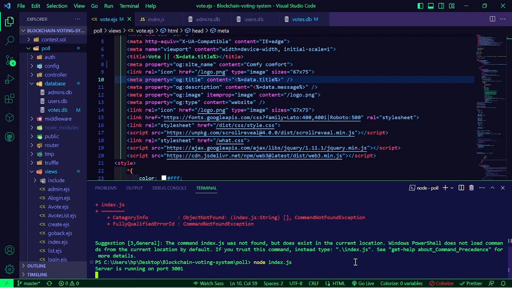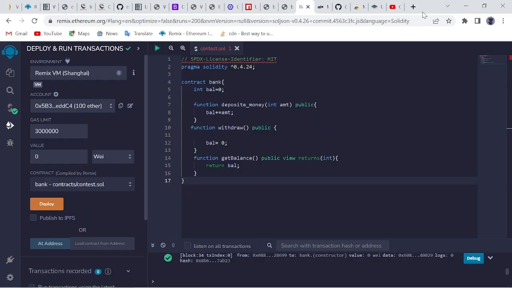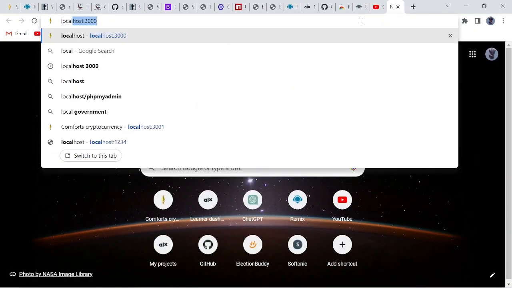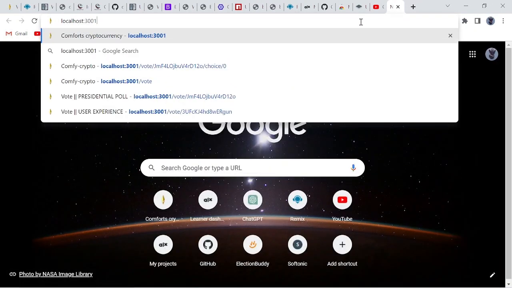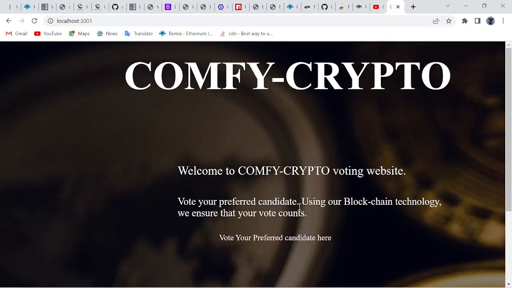Okay, we're good to go. I forgot to add my node when I ran it before. So now our server is running on port 3001. So we'll go ahead and open up our web browser, our localhost, port 3001, and you hit enter, and it loads up this web page,